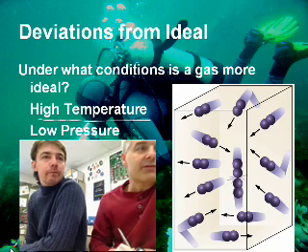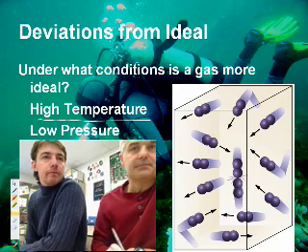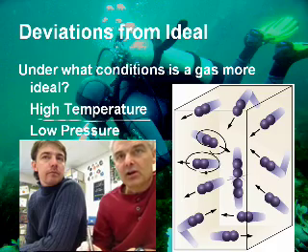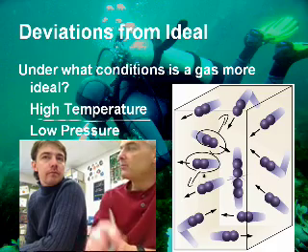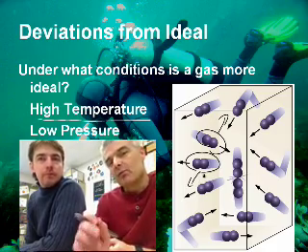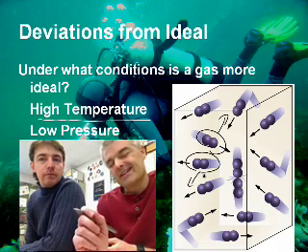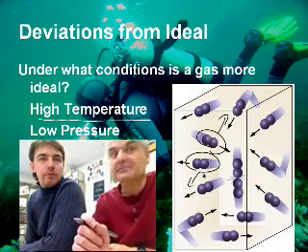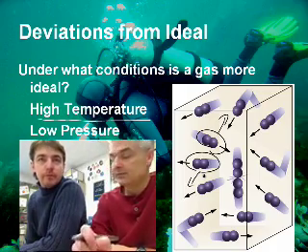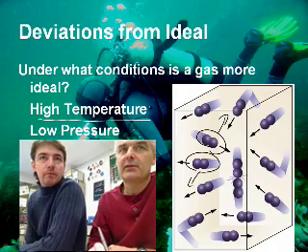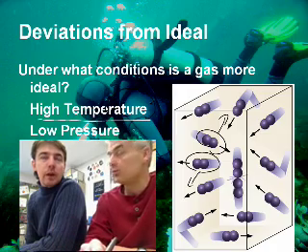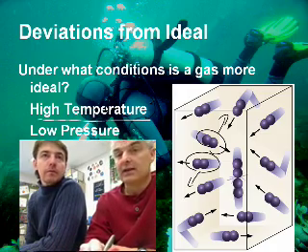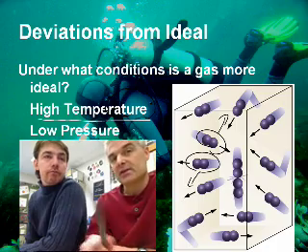So if the gas particles are further spread apart, look at the picture over here. If these gas particles are a long ways away, then they will behave in a more ideal fashion. So, guys, the moral of this story is that anything can be an ideal gas if you have a high enough temperature and or a low enough pressure. Key thing really is the temperature. Get it way above its boiling point. Okay? I think that sums up ideal gas laws.